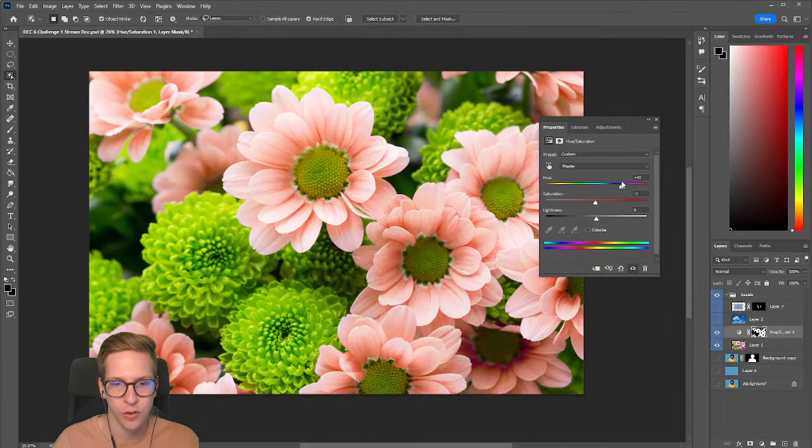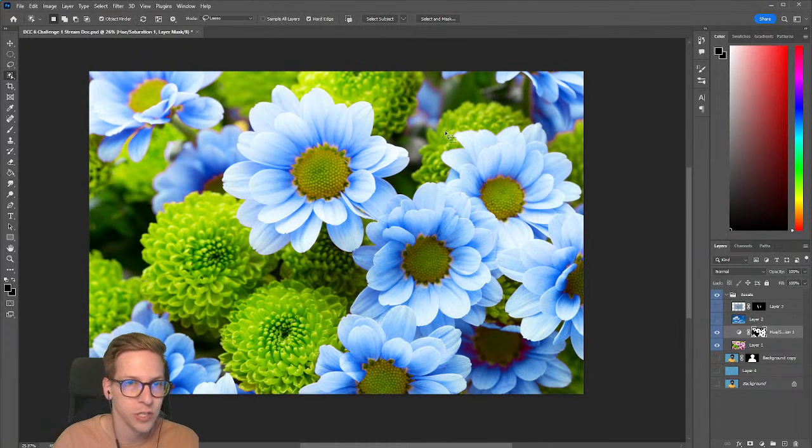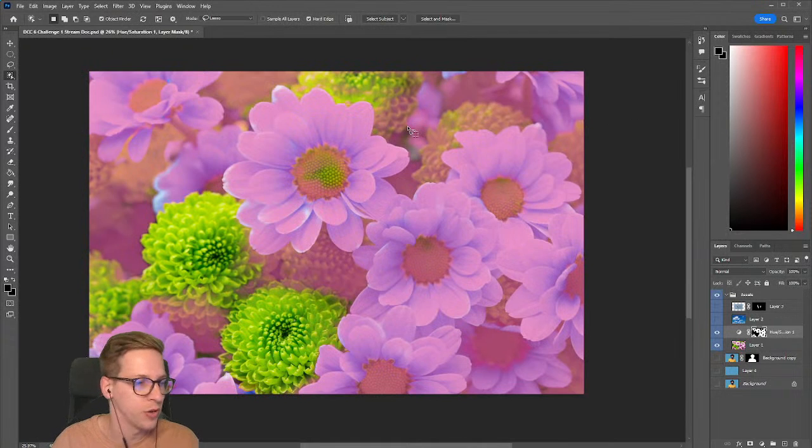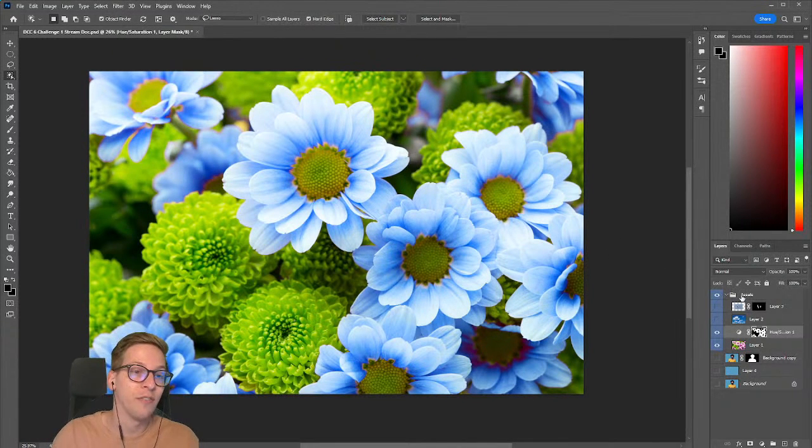So if we want to change the color of the flower, it's just selecting that one color because there was such a bold difference between the green and the color of the flower. It was a very quick and easy way to select everything of that color. Play with the saturation a bit. Now with that one adjustment layer, we have the ability to change these colors. So that can be really helpful if you have a situation where there's a strong contrast between colors. And now we'd have to do that for every